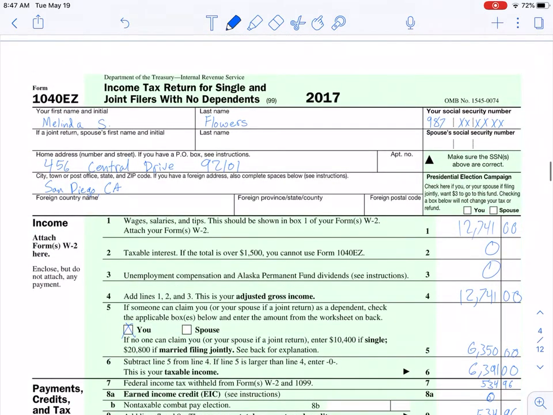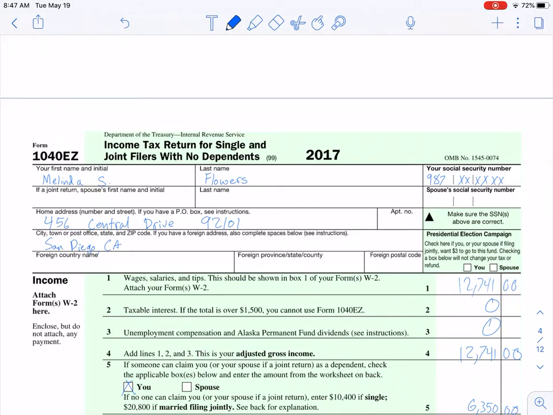So scrolling down, I already pre-filled this out just for the sake of time, so I'm not going back and forth, but as you see, we have her first name and initial, last name, social security number. If you were filling this out yourself, you would probably do it digitally online. I wouldn't imagine you would want to hand fill out your tax form and send it in. So you could type all this in, and it would ask you step by step for all the important information. But here's what it looks like on the page. Social security number, and then